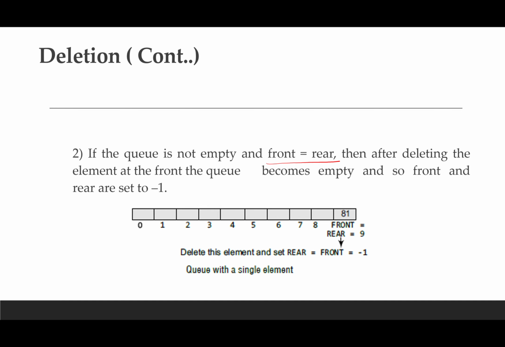So what we have to do? We have to change the position of the front and rear to -1. If the queue is not empty and front is equal to rear, only one cell is filled. So we have to delete that particular element and change the position for the front and rear as